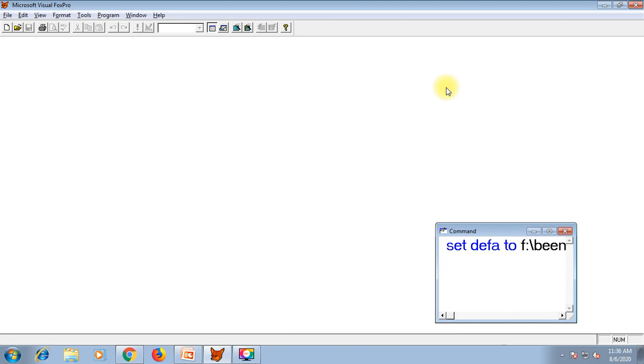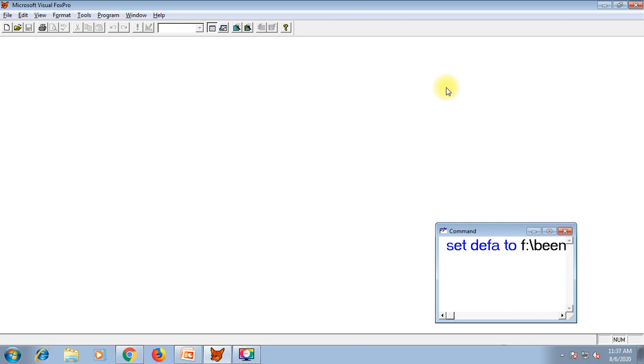Now today, we are writing a program which swaps two values, which interchanges two values. Means there are two variables and we want to interchange their value.